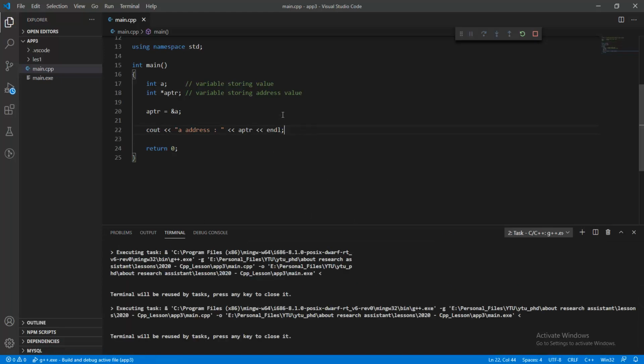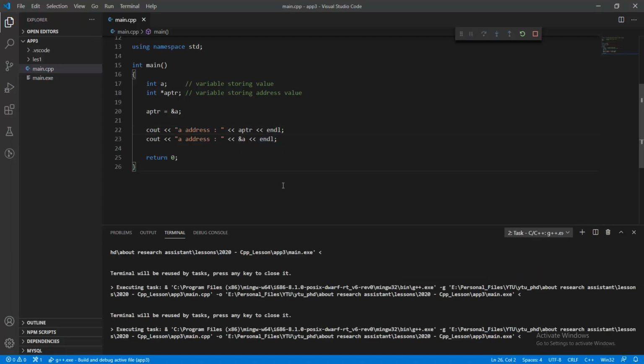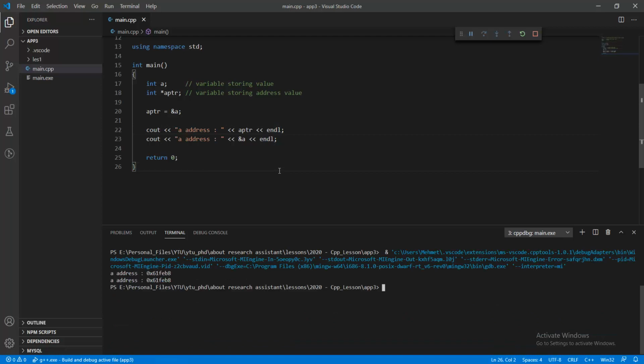And so we can write down a ptr here, and then we can run it by pushing the Ctrl F5 button, and then the address is 0x blah blah blah feb8. In order to prove that ptr is equal to ampersand a, we can write it down as endl, and then we can compare all the things in the terminal, clear, and run it, and it's also equal to each other at that point. Okay,